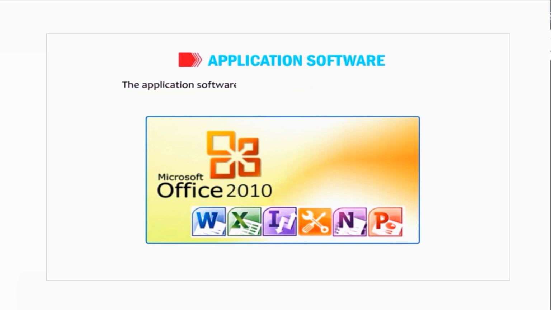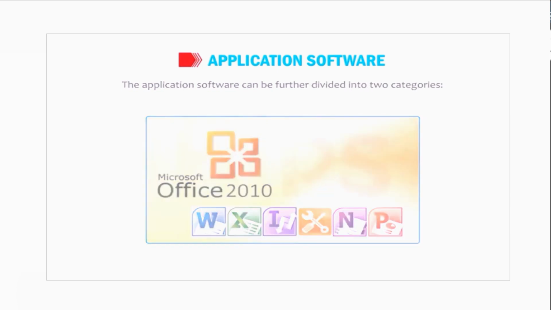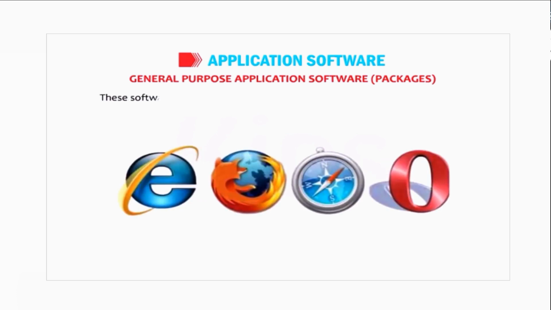Application software can be further divided into two categories. General purpose application software packages. These software can perform many tasks to fulfill the general needs of people. Some examples of general purpose application software are